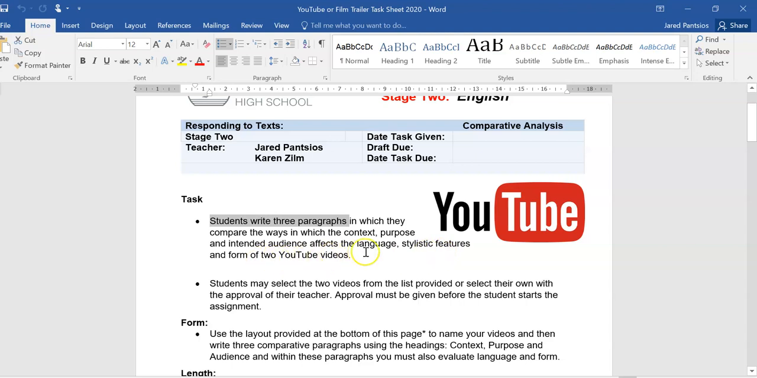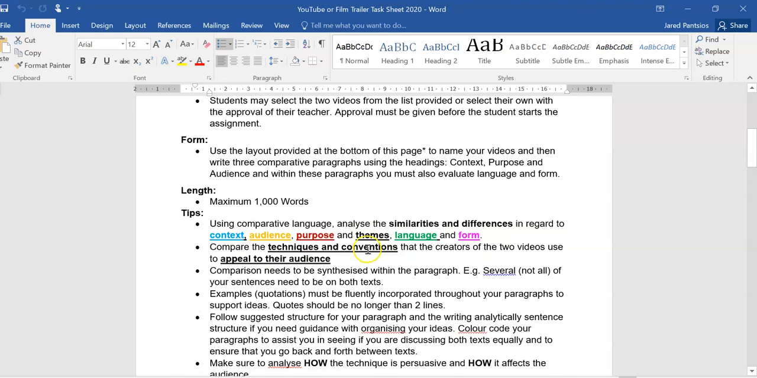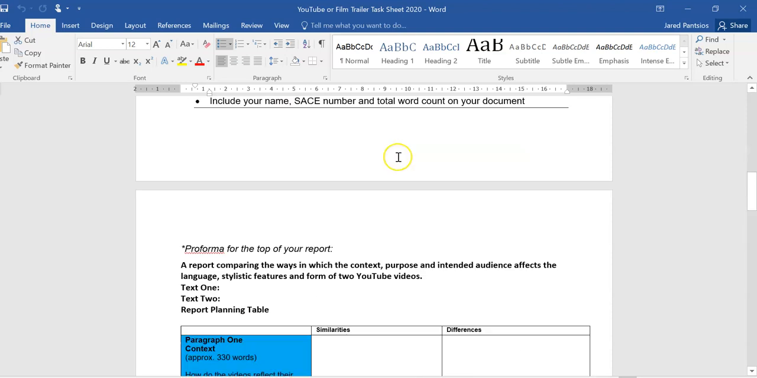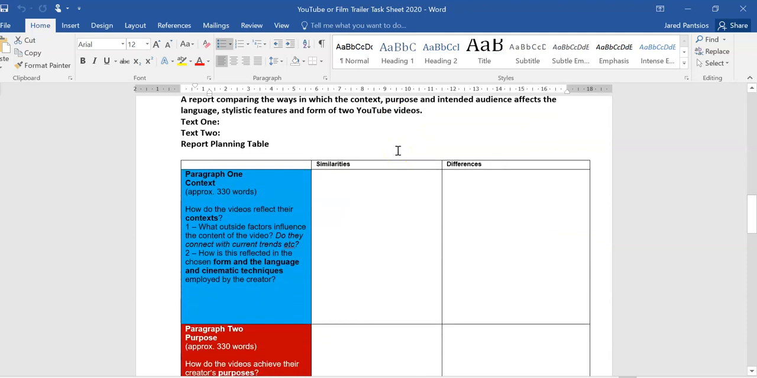film trailers. From the tips below, we can see that this is highlighted through requesting students use comparative language, whereby they compare the similarities and differences in regards to context, and we'll touch on audience, purpose, and language and form later on. Just looking at the little pro forma for note-taking, you can see that the questions that we are